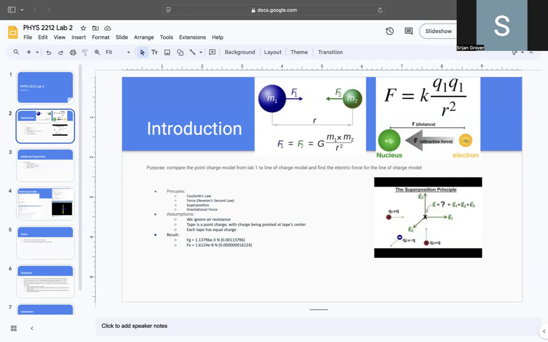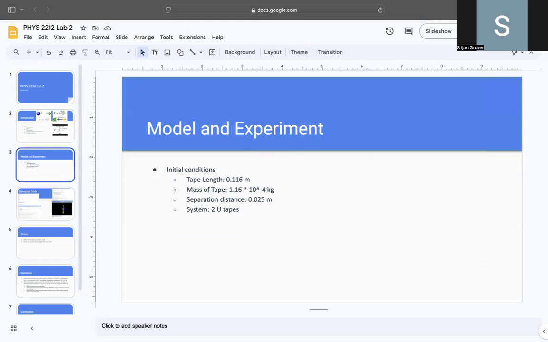Tape is a point charge with charge being pointed at the tape center, and each tape has an equal charge. The results of this experiment are force of gravity being 0.0011 newtons and force of electricity being 0.00000016 newtons. The initial conditions are the tape length being 0.116 meters, the mass of tape being 1.16 times 10 to the power negative 4 kilograms,